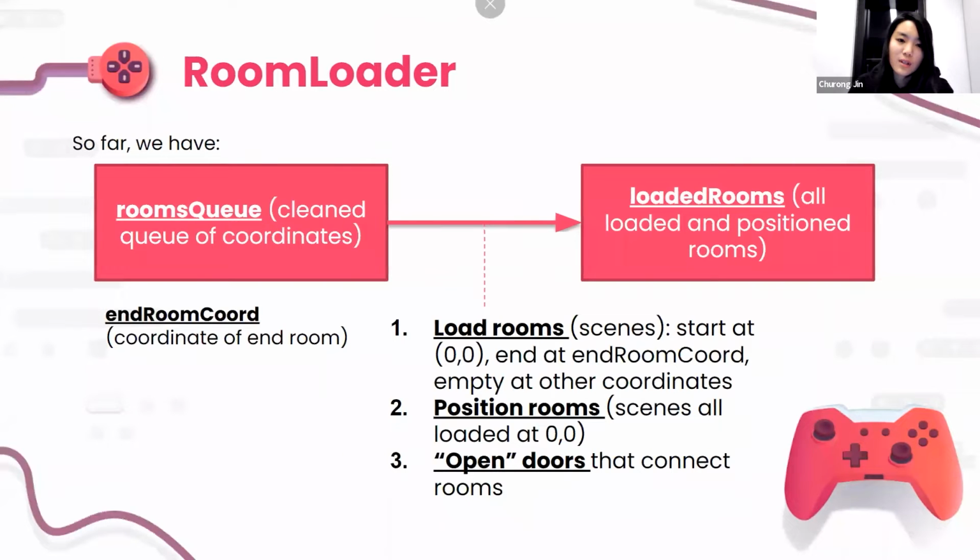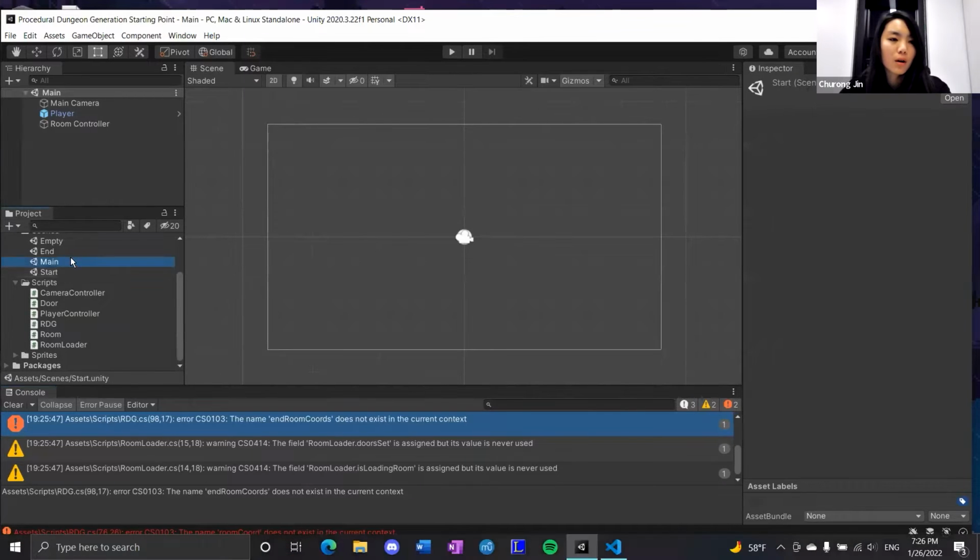Whatever. I'll fix that later. So we want to load 0, 0 at the start. We want to load the end room at whatever we have stored in our end room coordinate, and we want to have the empty room in